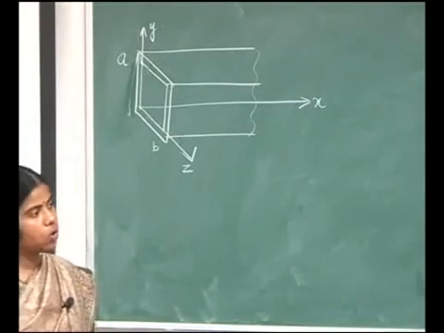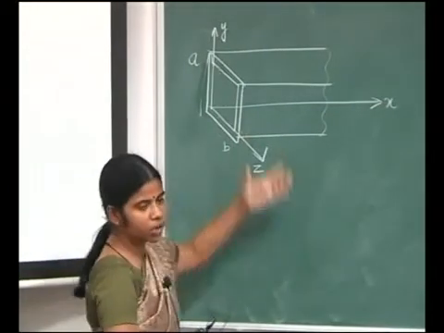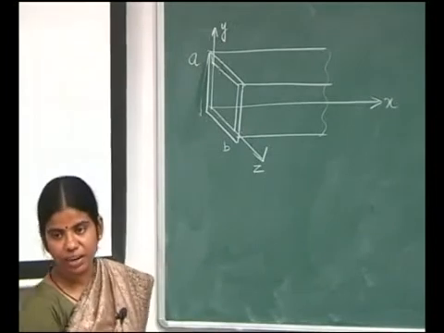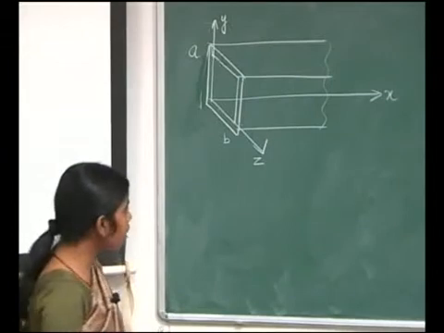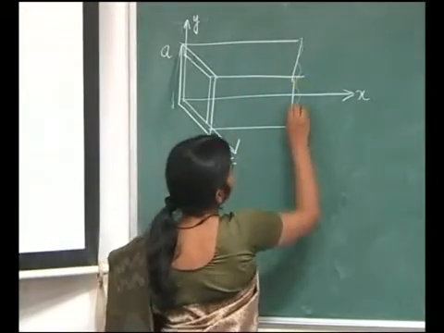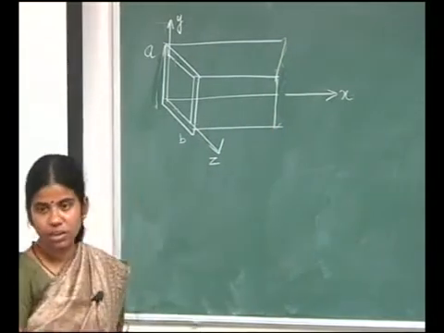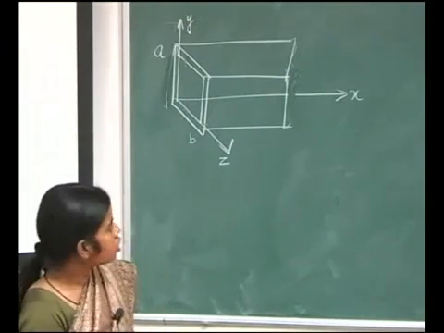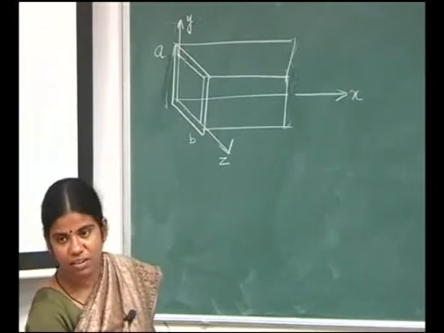Now we will go to resonators. Any waveguide, along the direction of propagation, generally we consider that waveguides are infinite in length along the direction of propagation. But if you truncate the same waveguide, if suppose I truncate it here, okay, now this becomes a cavity. It becomes a rectangular cavity. Now these rectangular cavities can be used as resonators.